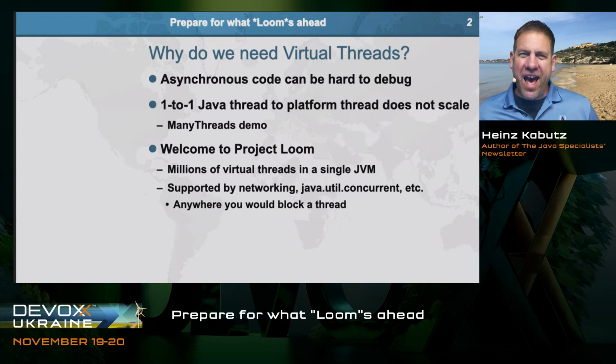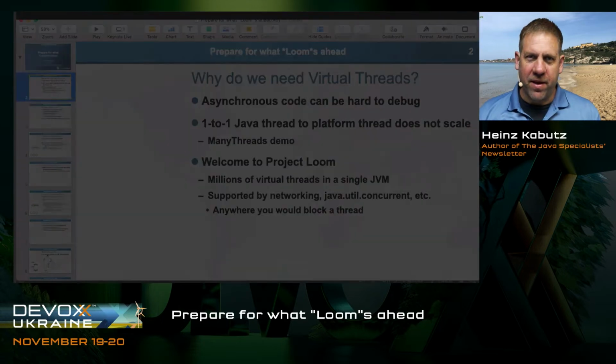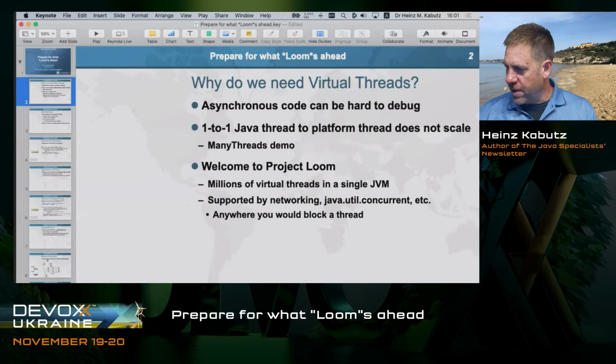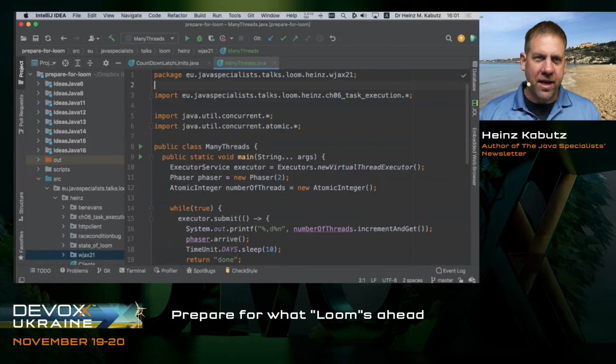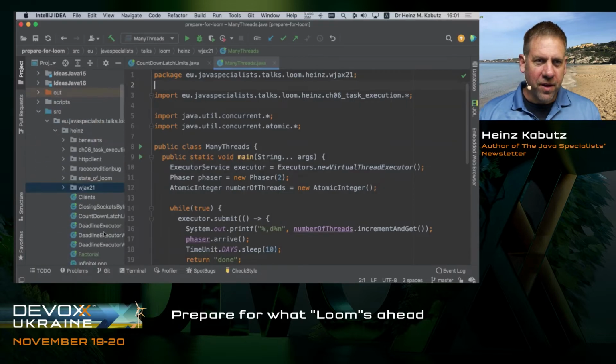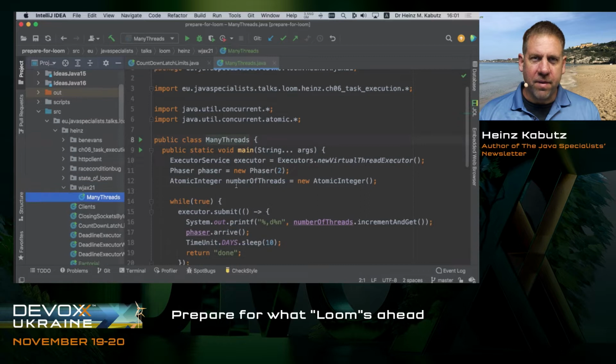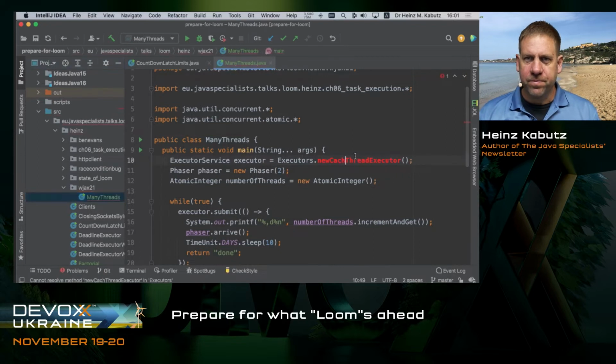Now, the problem that we have, if you have a one-to-one number of Java threads to platform threads, it doesn't really scale that well. So I've got a little demo that I want to write and show or run for you. And it looks like this. I've got here a many threads which starts with a normal cached thread pool. And the cached thread pool,